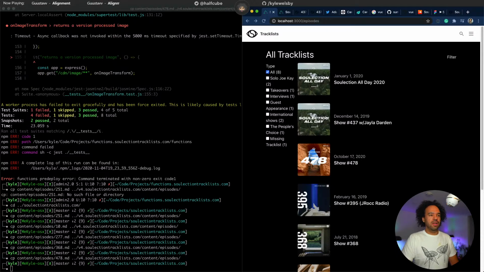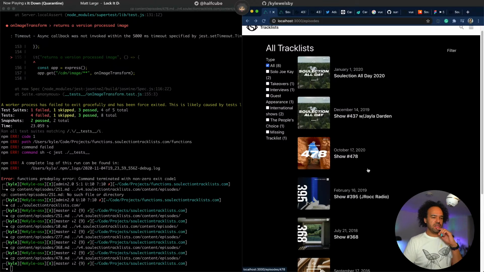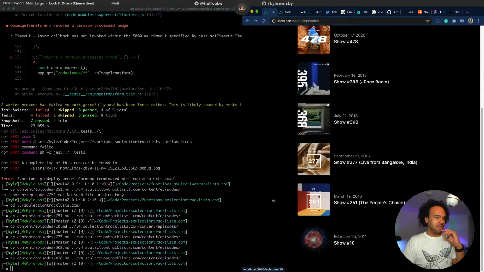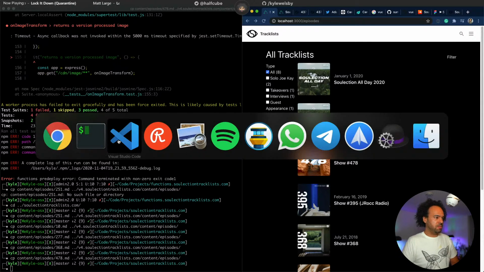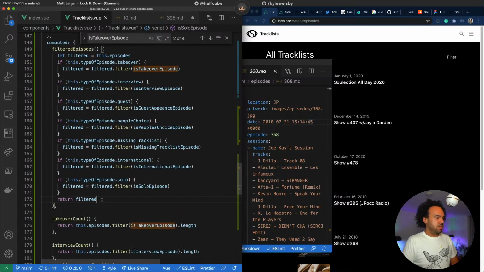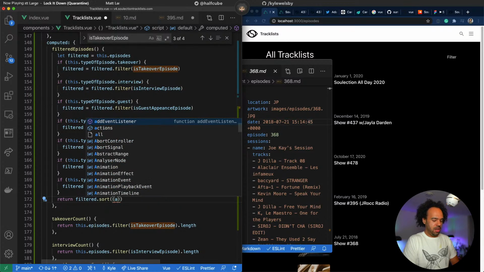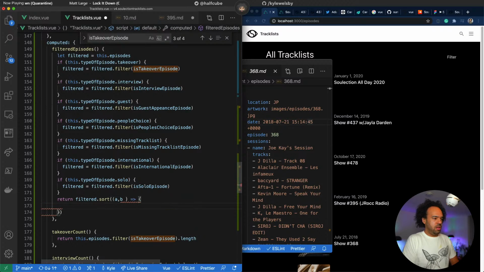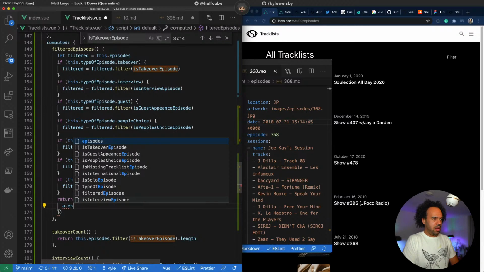Cool. One thing which you might have noticed is they're in the wrong order. 2012, 2019, 2012, 2019, 2018, 2016. Most of them. So we want to do a sort, and we'll do A and B. And if A episode.